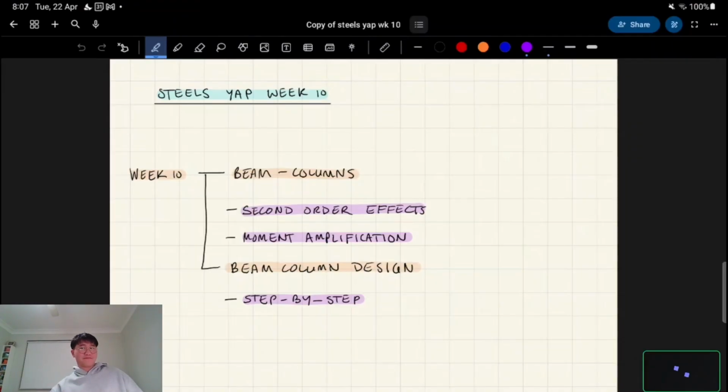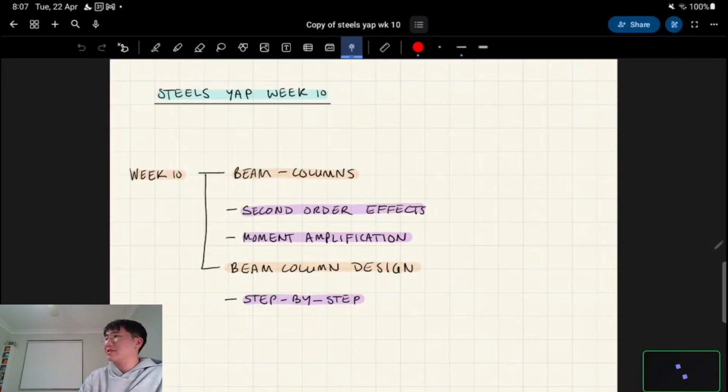As I was saying, basically this week there's not that much extra in terms of content. It's only moment amplification, and then you'll see later at the end biaxial bending. But those are minor steps. The main problem is that beam column design is a very step-by-step process. So if you've been up to date the rest of the term, you're going to find this week pretty easy. But most people aren't up to date on the course, so they see this topic and they're super overwhelmed, because it's the compression topic, including the gamma method from week 3,